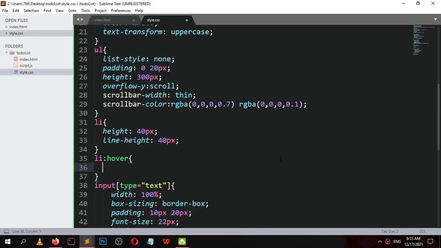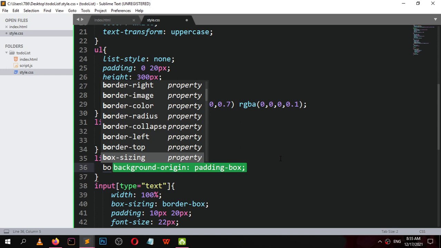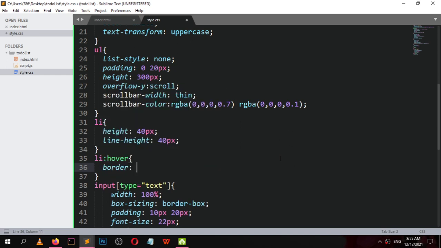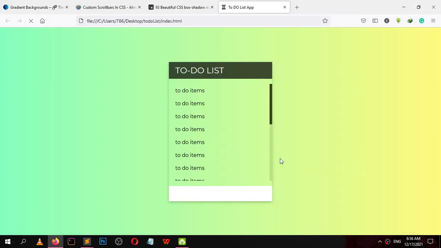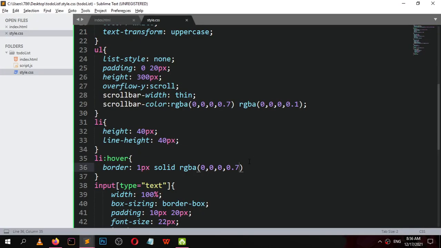Or we can add a bit of li border 1px solid RGBA 000 0.7. On hover, it should add this border.